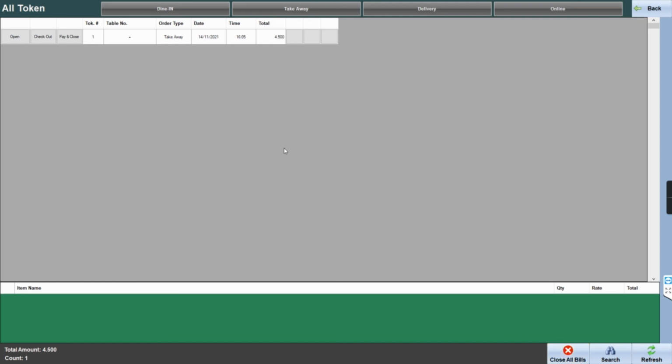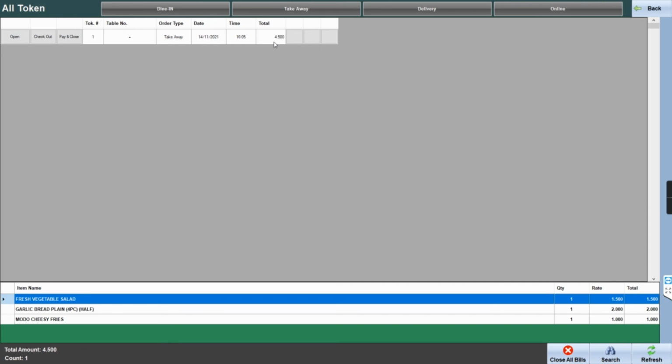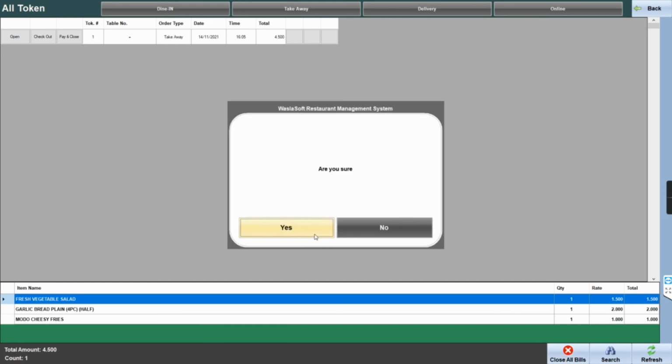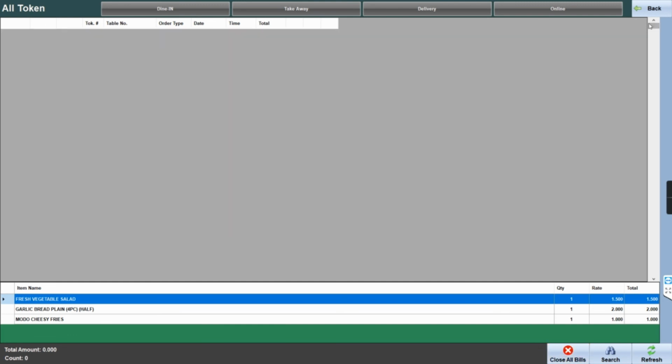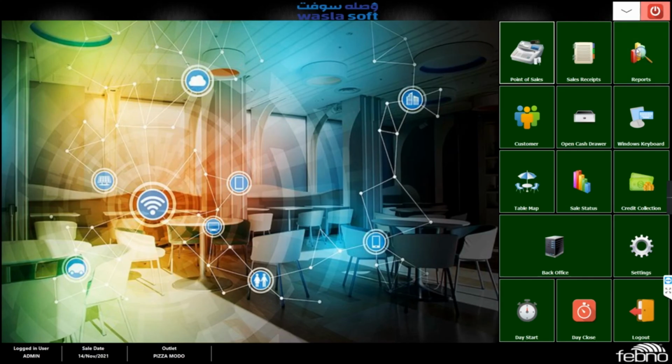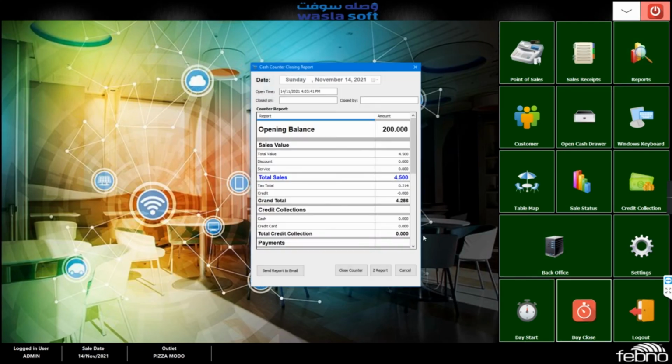What this will do is, any transactions that are pending will be closed with cash payment of that particular total figure of the invoice. For example here it is 4.5, so this 4.5 will be saved as a cash transaction. When you click on close all bills and click yes, it will go from that list, and now you can do the day close. So you can click on close counter and click yes,